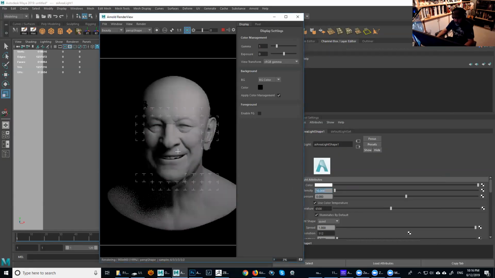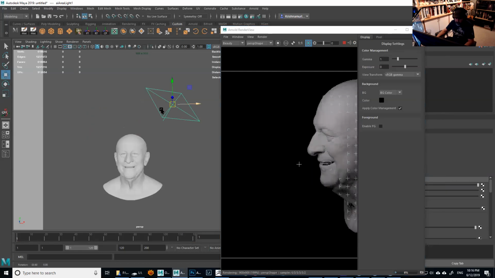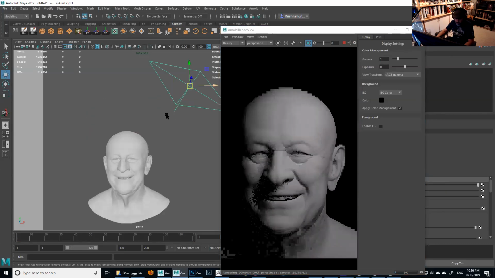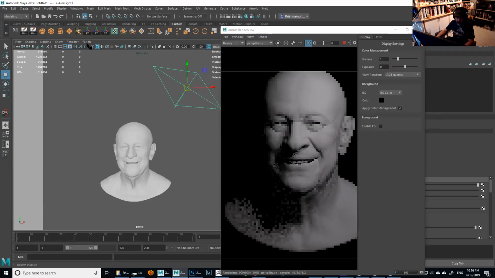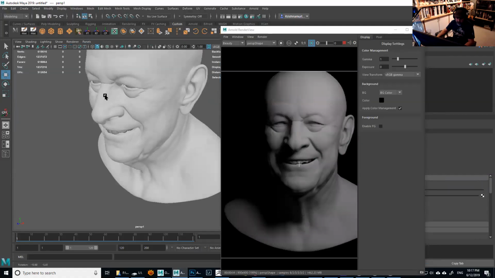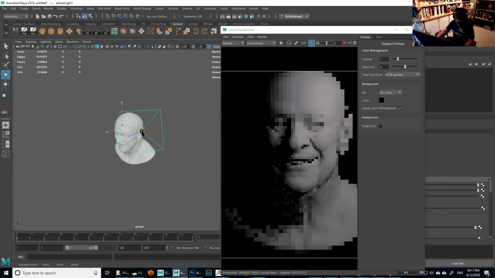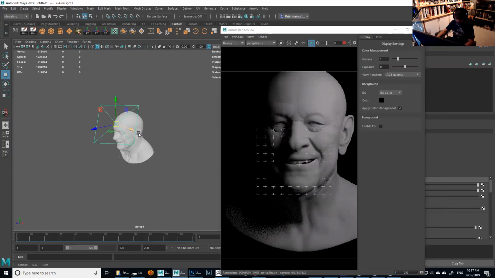And now I can try to capture that. Another thing here, if I don't want to be messing around with the same camera, I can actually create a new camera. So I go to panels, perspective, and then you say new. And now I can switch to this camera here, and I can play with it without messing with my rendering there. So let's just move this around to get a little more of the Rembrandt effect in there. So I get the little triangle under the eye in there, right? So it's looking kind of nice.